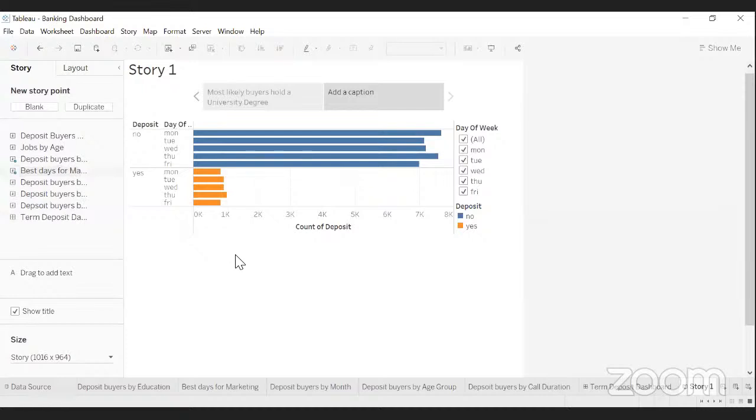Now, what does this mean? This bar graph is visually instructing us that the prospective buyer is the one who responds more likely yes to the telecalling team, mostly on Thursday. So what statement or what caption can we add? Let us see. Most buyers, a very simple plain English you can use. Most term deposit buyers, to keep the context alive, because the bank is planning to sell term deposits. Most term deposit buyers are likely to respond